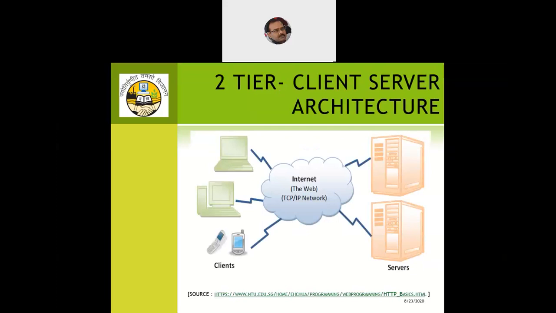On the left-hand side, the client can be a desktop machine, a laptop machine, or a smartphone. And to communicate with a server, the client should have a browser in it. Browser is a basic prerequisite which I think all of you have been using for so many years. Whenever I want to search or look out for anything on the web, a search engine and a browser are required so that I can initiate my activity and look out for the resources which I want to surf on the web. So that's a basic prerequisite to two-tier client server architecture, which is almost a fundamental diagram for all the web technologies: client on the left and the server on the right.